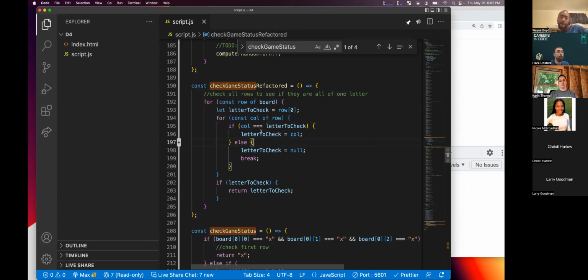But if at any point the column that we're on does not equal the letter that we're checking it against, then come through here, set letter to check to null, because now we don't have a winner, and break out of the loop. We don't need to keep running the loop. We're able to move on to the next one.